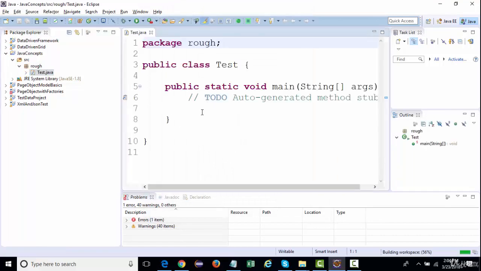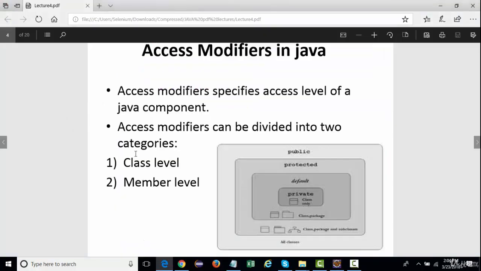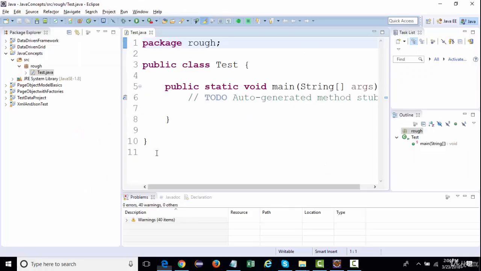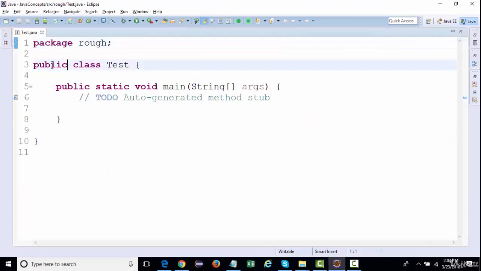So when I talk about the levels in access modifier, if we are talking about the class level, a class can only be public or default, right? Let's say this is the access modifier for a class.